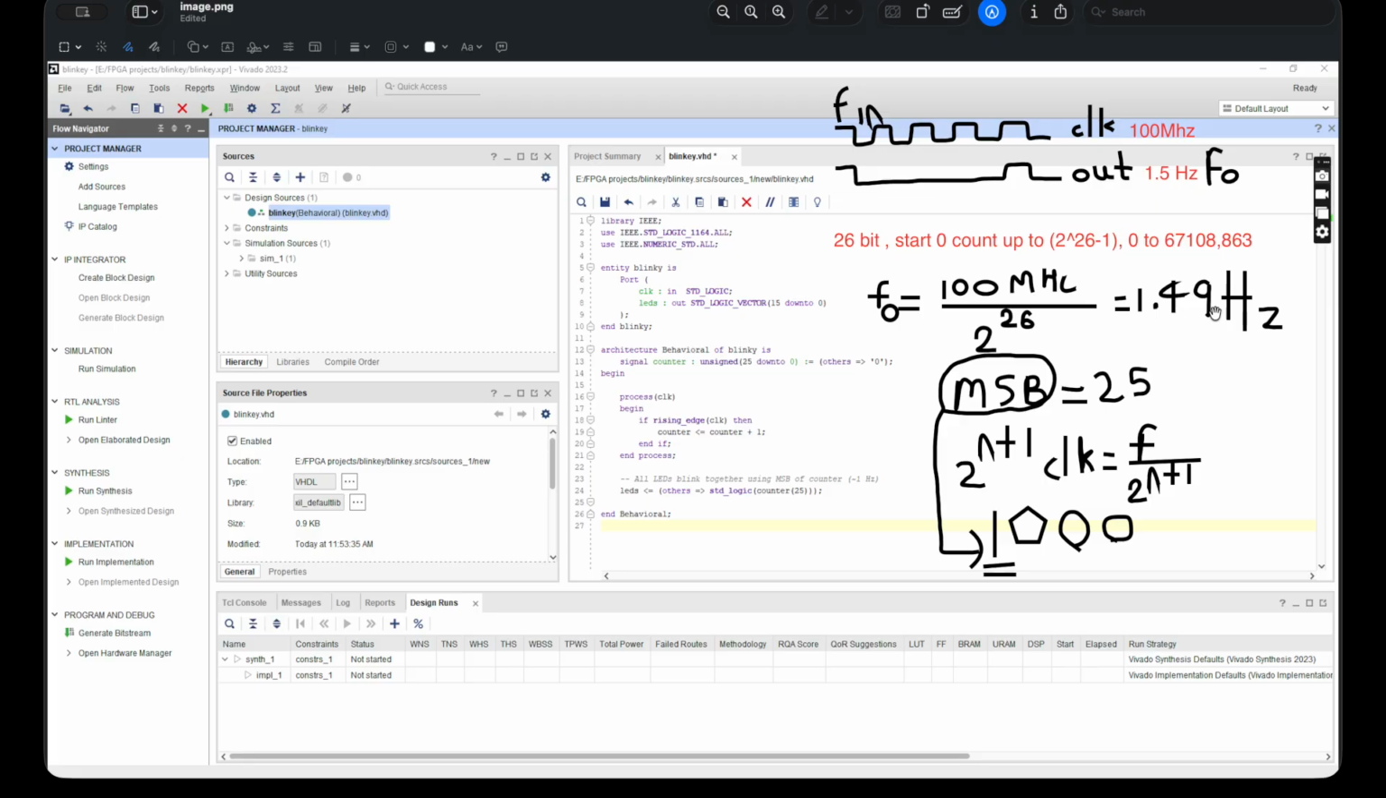So to summarize about the clock, we use the internal clock of 100 megahertz and we divide it down into 1.5 hertz in order for the LED to blink, because 100 megahertz frequency is too high. You cannot use it directly. In order to dive more into the coding part,